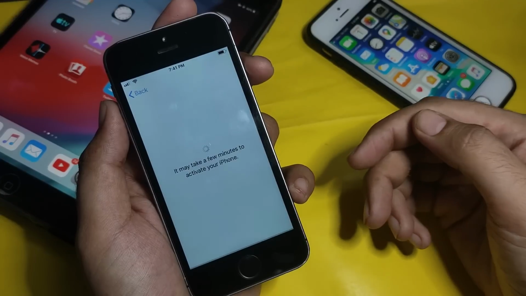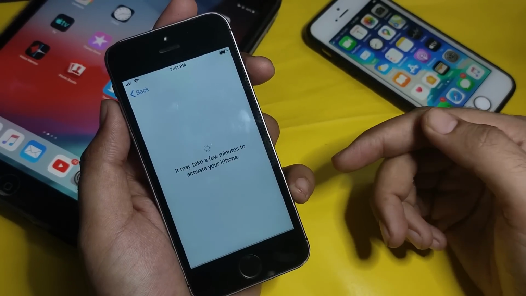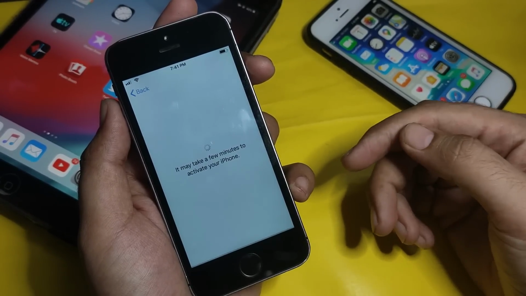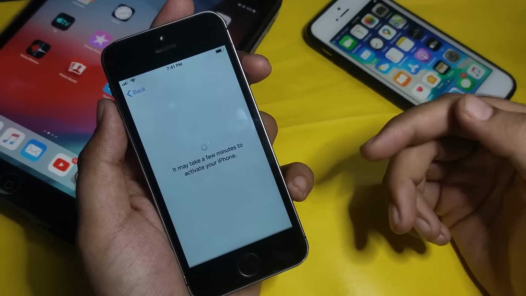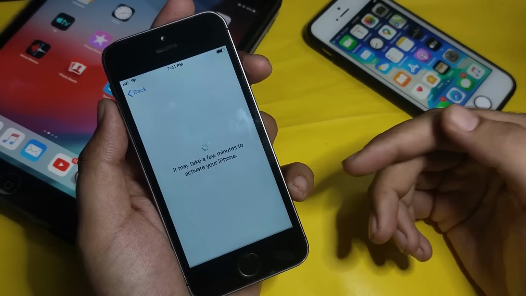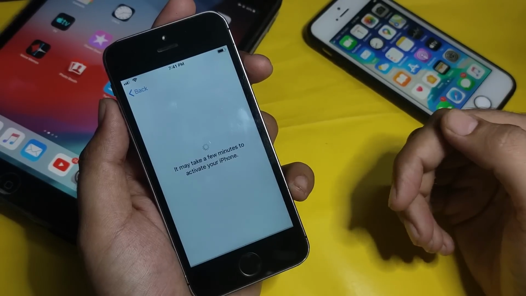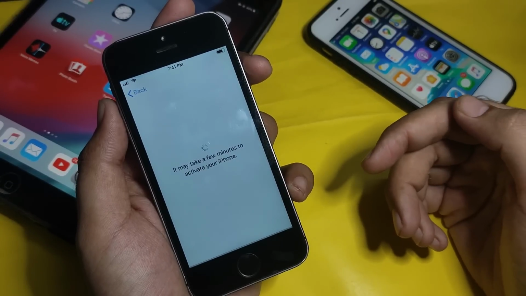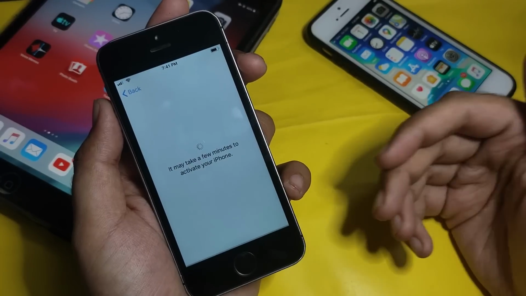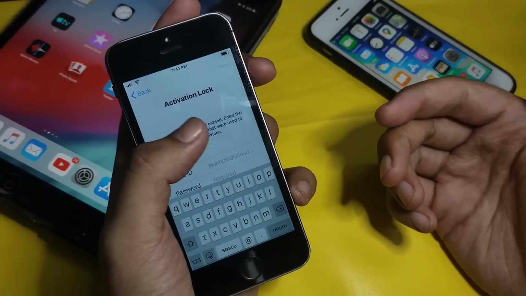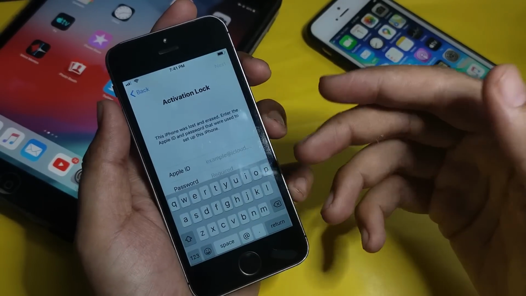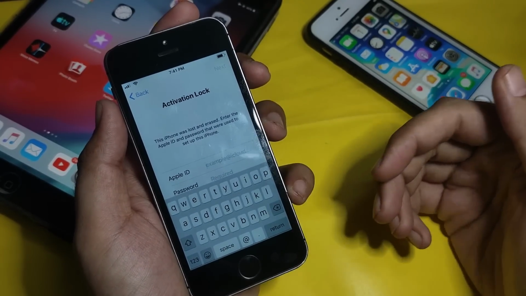You have to follow this video carefully, and it supports iPhone 5s to iPhone X and other iPad models that are supported by Checkra1n jailbreak. So basically all the devices that are supported by Checkra1n jailbreak are the devices supported by this bypass tool. And one more good thing about this bypass tool is it doesn't delete any kind of baseband data from your device, so no battery drain issue. Now let's jump to the computer screen without wasting time.